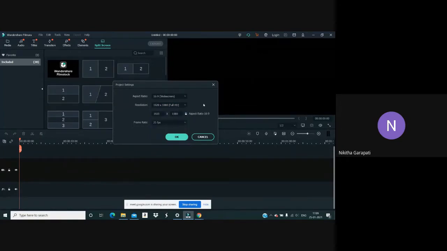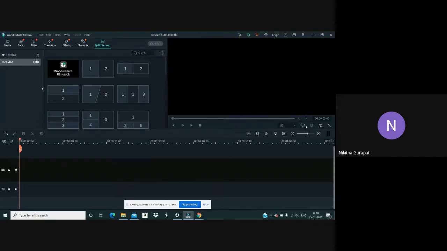So here I'm choosing Full HD and frame rate. So there are a lot of options again. So I'm choosing 25 over here. Since these are the settings that I want, just press OK. And the next button is your snapshot button. So the shortcut for this is Control Alt S. So the use of this button is if suppose you want to freeze any particular image in your video or any particular shot in your video, then you can use this.